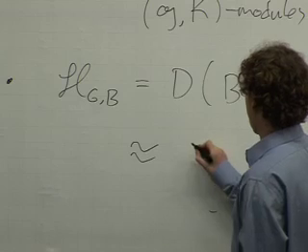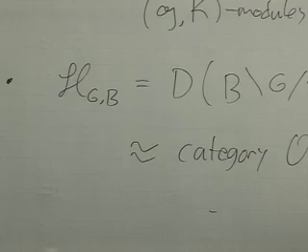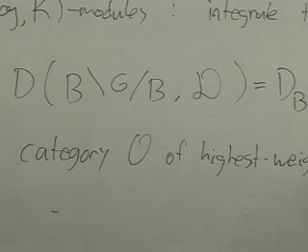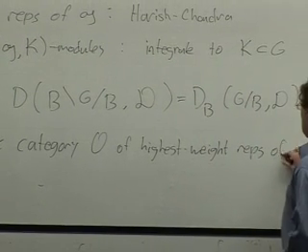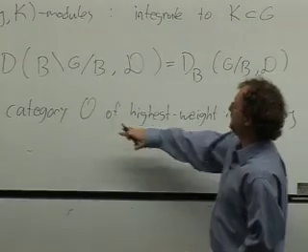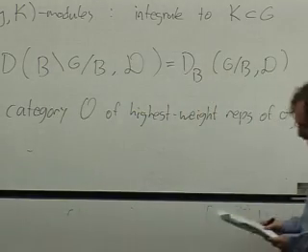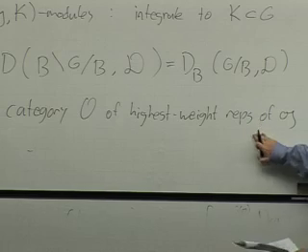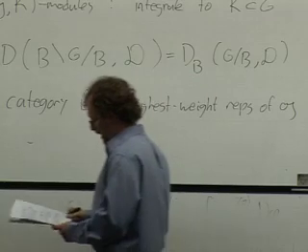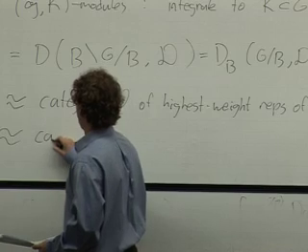These are roughly the same as what's known as the category O of highest weight representations of the Lie algebra. So for people keeping track, I would have to put some conditions on monodromicity rather than equivariance of B. But this is a category that contains things like Verma modules. This is a category of highest weight representations of the Lie algebra. Or another manifestation of it is this. This also appears as the category